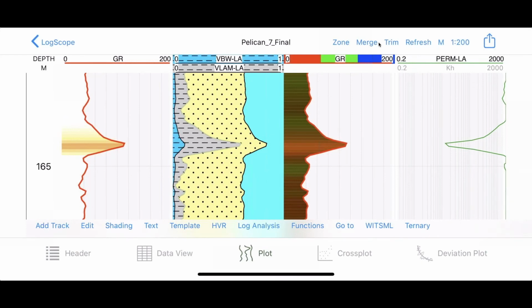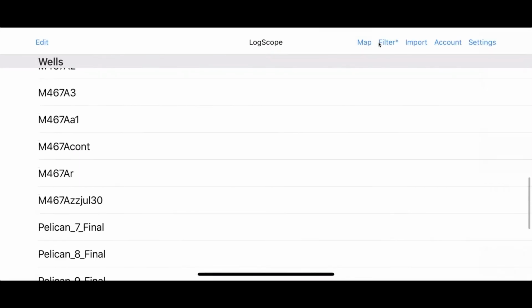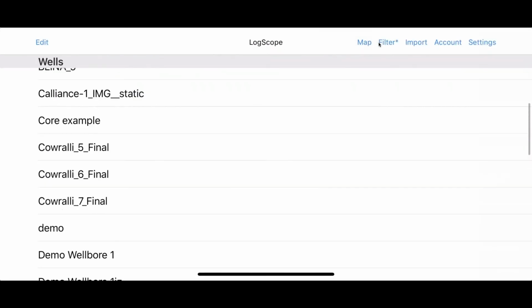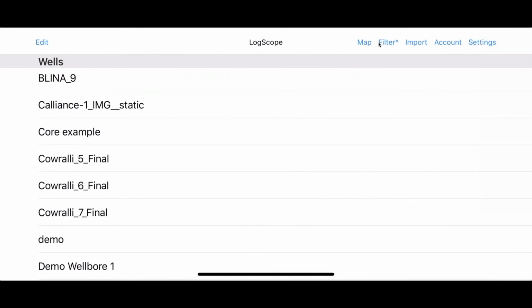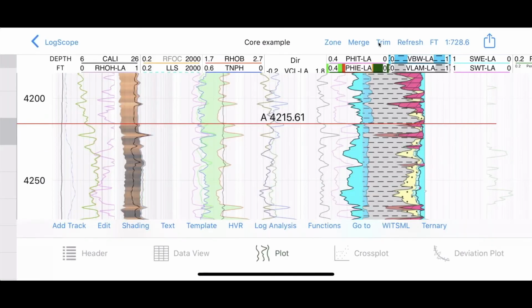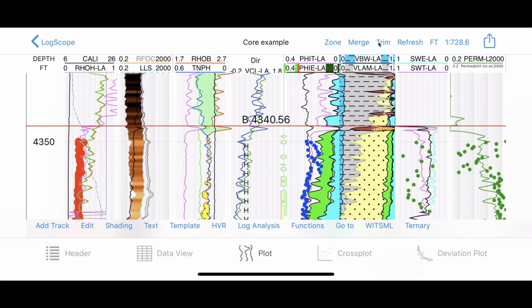So if I go back to the plot, I want to go back to the core example, and I want to show the log analysis here. The petrophysical evaluation of the log analysis is under the log analysis button here. We've also shown that you can access the functionality in the cross plots. But if I tap on the log analysis button,